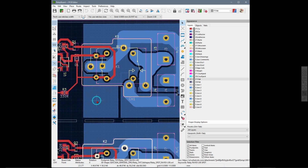And as you can see, there is actually two relays superimposed on top of each other here. The big one is the K1, and the small one is like the relay 1B. See the outline of it here. This causes some of the software to complain because it thinks that there is some overlapping of components here, but we can ignore those errors because all we're concerned with is that sometimes we want to use the small relay and sometimes the big one, and you only put one or the other there. In any case,